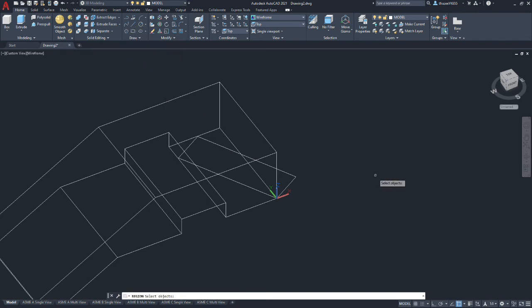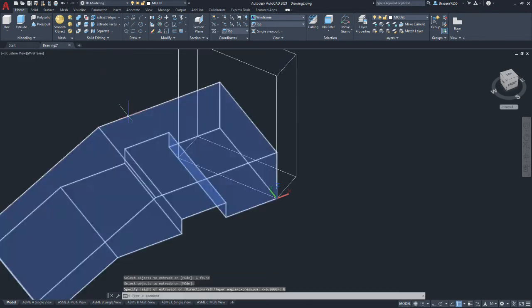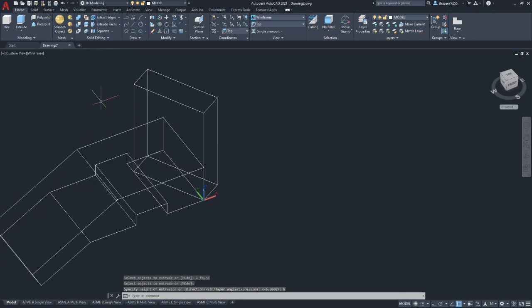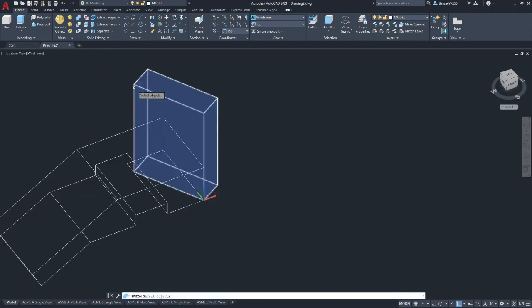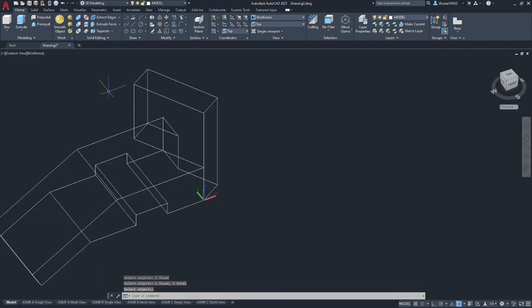So we'll go to the region, and we'll create a 4-line region. And then we're going to go to the extrude command. And we'll accept the region, and we're going to go up 8 inches. Okay, so we now have 2 bodies, and we're going to merge those bodies. So we'll take the top one, bottom one, and merge them into one. Okay, this is another great opportunity to save.